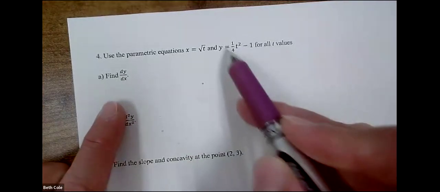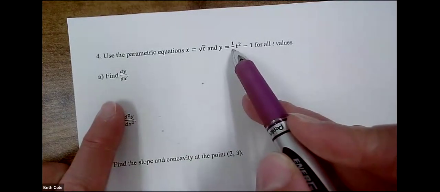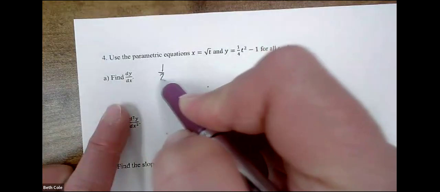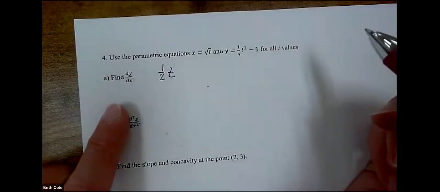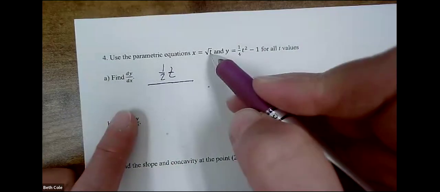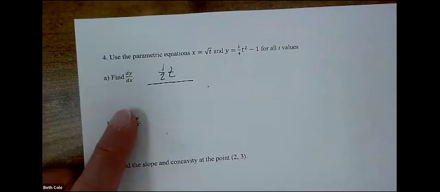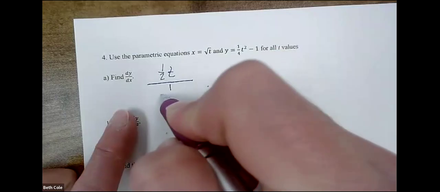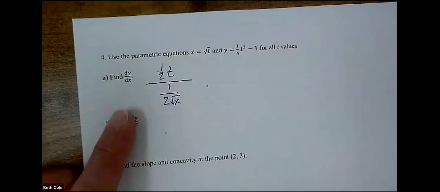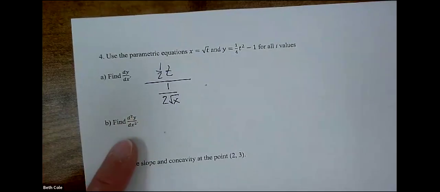So we're going to do derivative of y, which would be what? 1/2 t, good. That's it, right? 1/2 t. All right, fraction bar, and then you're going to do derivative of x. I told you to just memorize. What's the derivative of square root? It's 1/2 square root. Now, we have to do the derivative of that mess to get our second derivative, so I